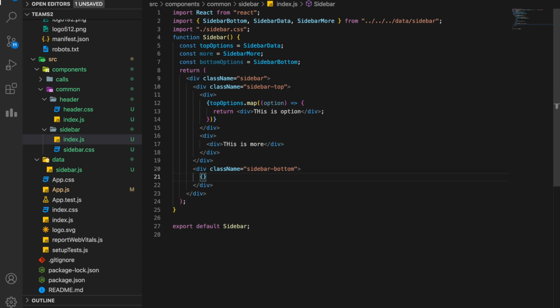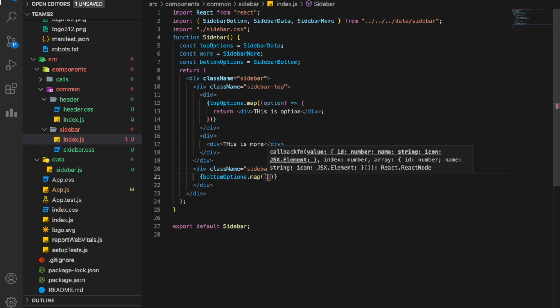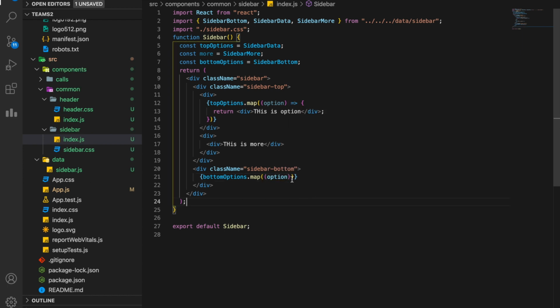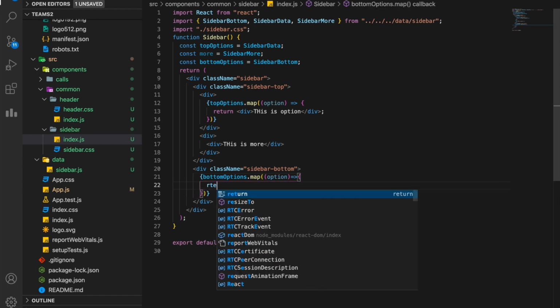And while going to the bottom, let's again do this thing. Let's map through the bottom options. Bottom options dot map. We take each option. If you are confused by what I did here in map, you should practice map more, because you are going to use array map throughout your life if you are developing things in React or JavaScript in general.